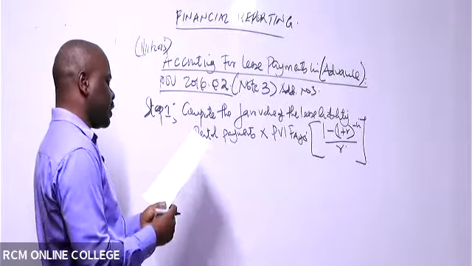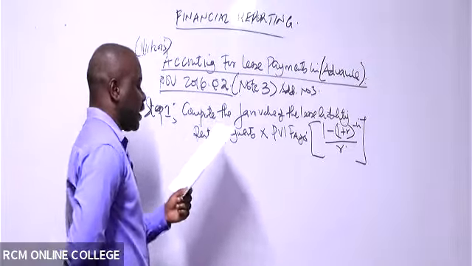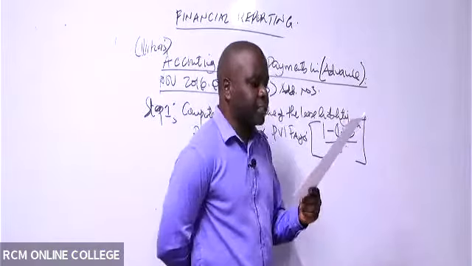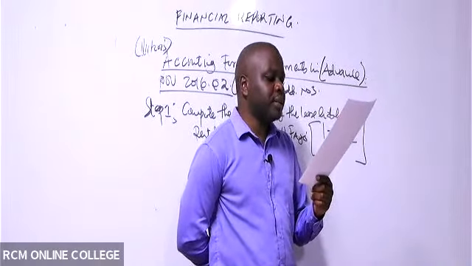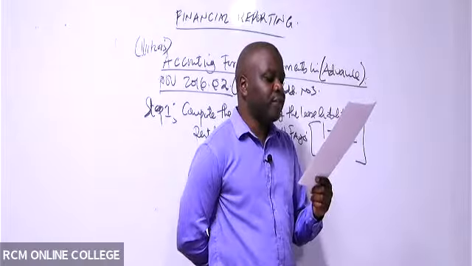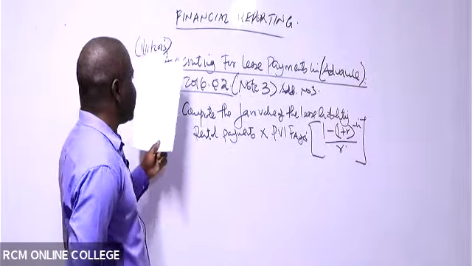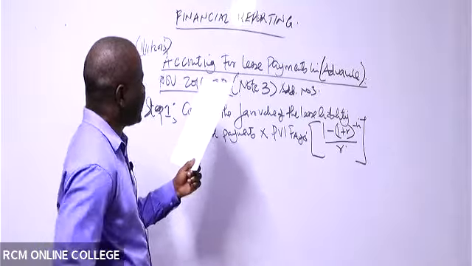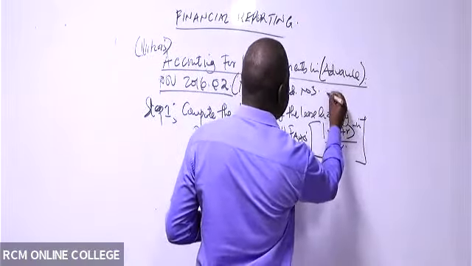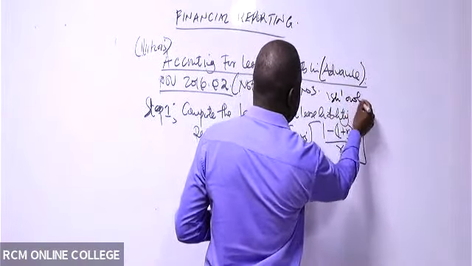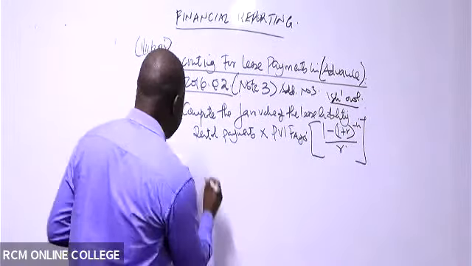Because you've been told the rental payments. Peak Limited entered into a 5-year lease agreement for an item of land. This item had an estimated useful life of 5 years. The annual rental payments, which are payable in advance, with effect from 1st of November, from this date, in advance, they are paying rental payments of how much? 132 million. Because we are going to do our workings, you can put shillings in thousands like that. So you can say 132 million